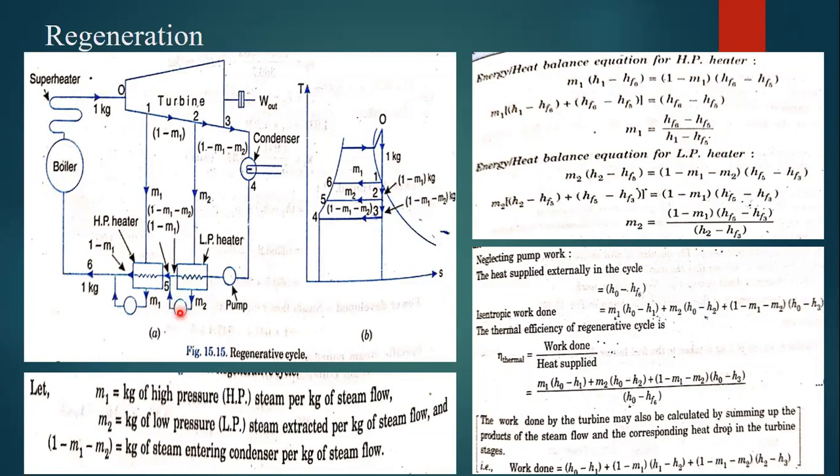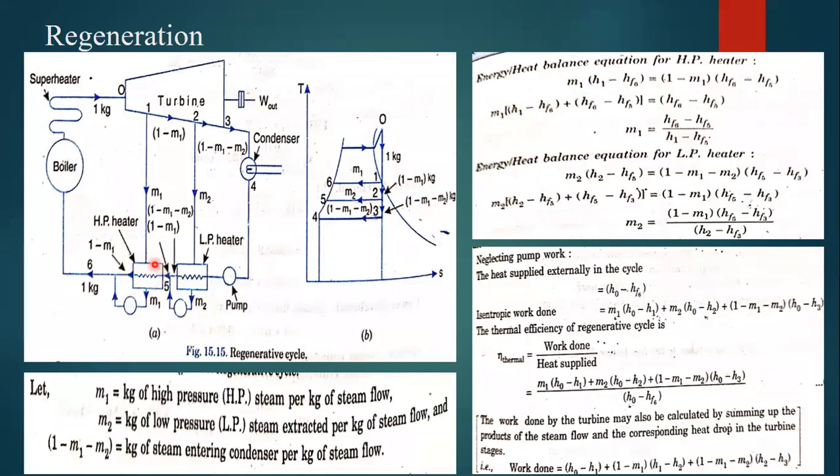So here again, by using a condenser or anything, we will convert that m2 kg of steam to water. And again, we will add that directly to the 1 minus m1 minus m2 kg. So I am adding m2 kg to this 1 minus m1 minus m2 kg. So minus m2 plus m2 will get cancelled, and how much are we left with? 1 minus m1 kg is going to be here. After adding this m2 kg to this amount, we are going to have 1 minus m1 kg here.